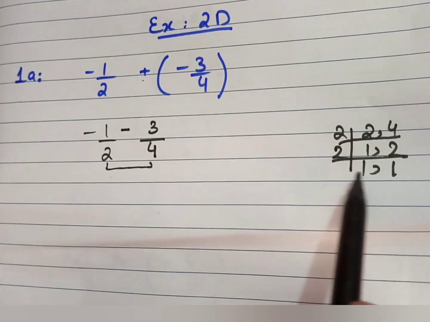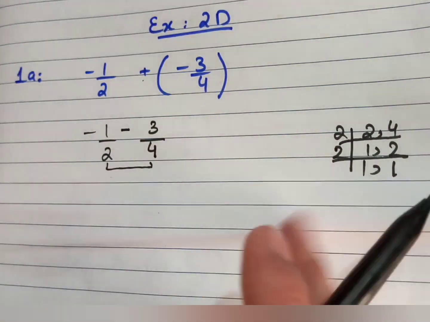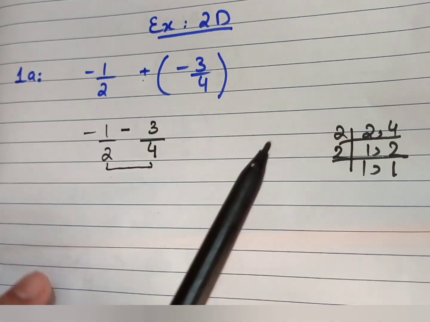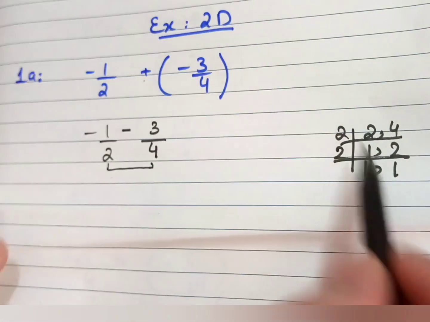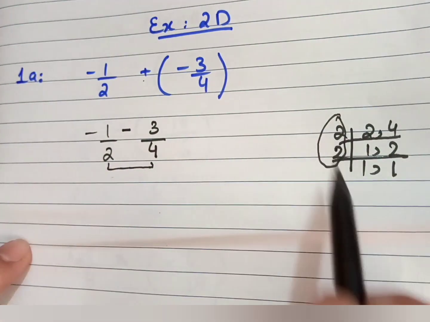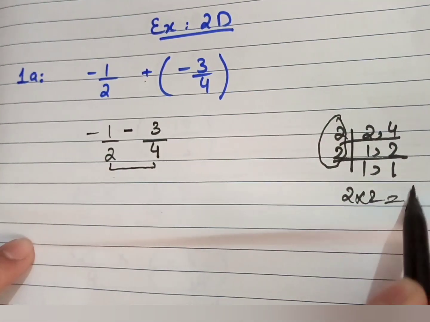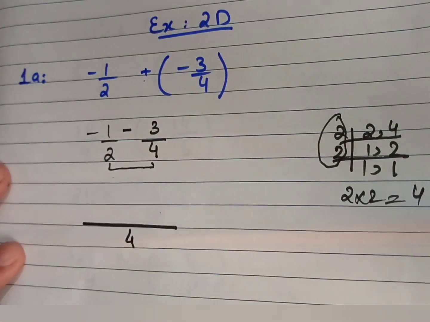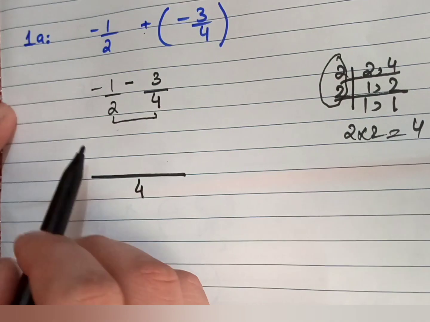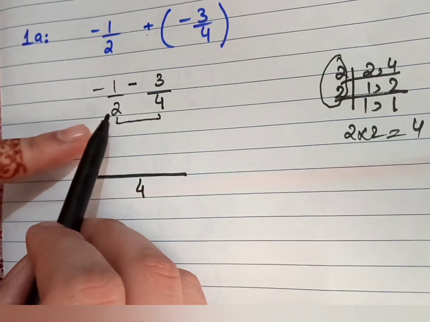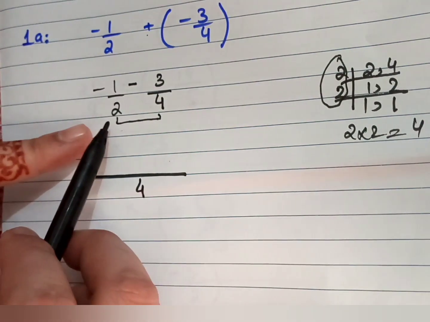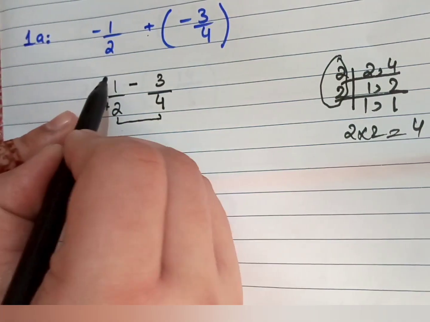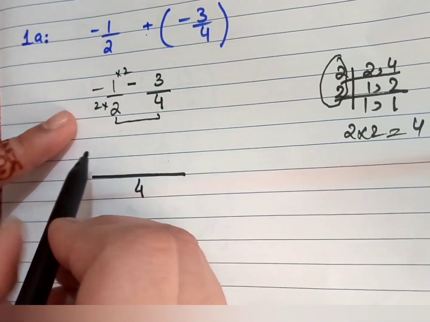I prefer that you do this concept, because when you are doing this type of LCM, your concept from chapter 1 regarding LCM will also be revised. So the LCM of 2 and 4 is 4. Multiply the factors of these. 2 2s are 4. Now we need to make the 2 into 4. The number we multiply 2 by to become 4 is 2. So when we multiply 2 with 2, 2 2s are 4. Multiply that 2 also with the numerator, and 2 1s are 2.